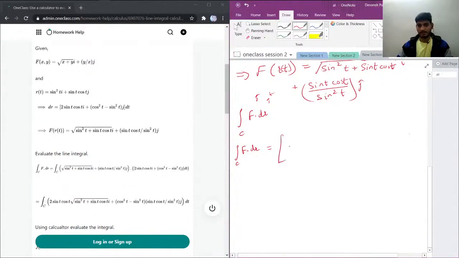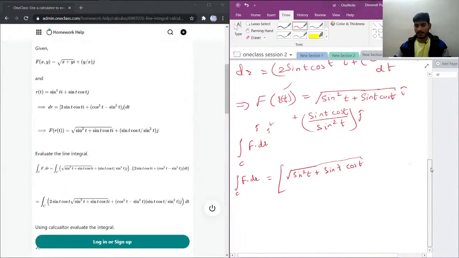So square root of sine square t plus sine t cosine t I cap